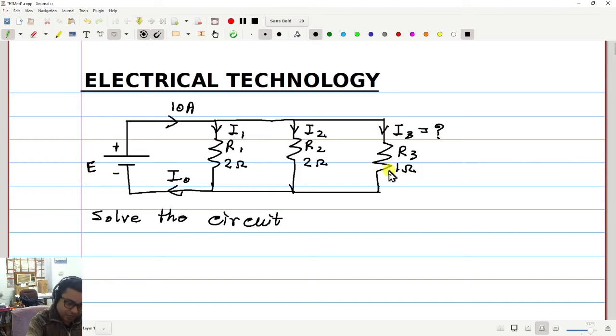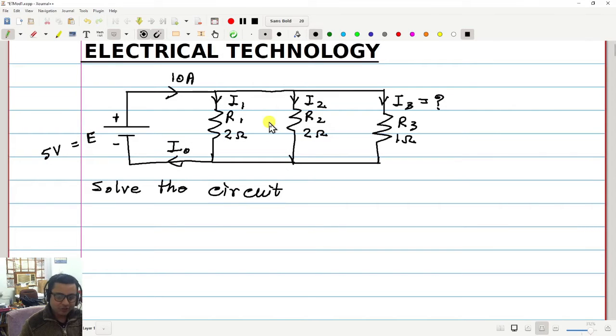5 volts. Very quick. Okay, that's excellent. So you are saying this is 5 volt. You can actually solve it in many different ways, and some ways are quicker than others. So good, very good. Okay, so I can also ask you how much is I1, how much is I2 and I3, etc. I1 is 2.5, I2 is 2.5, and I3 is 5. Okay, very good, excellent. I didn't expect you to do it so quickly. So you can do it in many different ways.